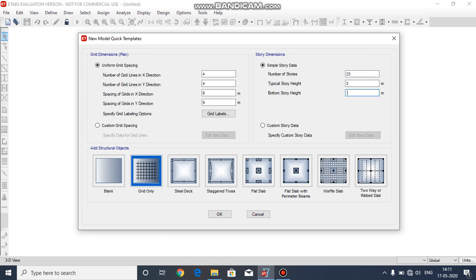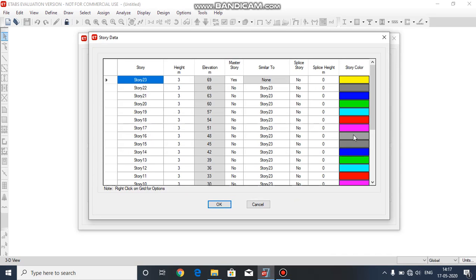Since the plans of the stories is varying in every floor, so we will select the custom story data option. Click on Edit Story. In the new window appeared, we will group the stories which have same plan and properties. To do so,